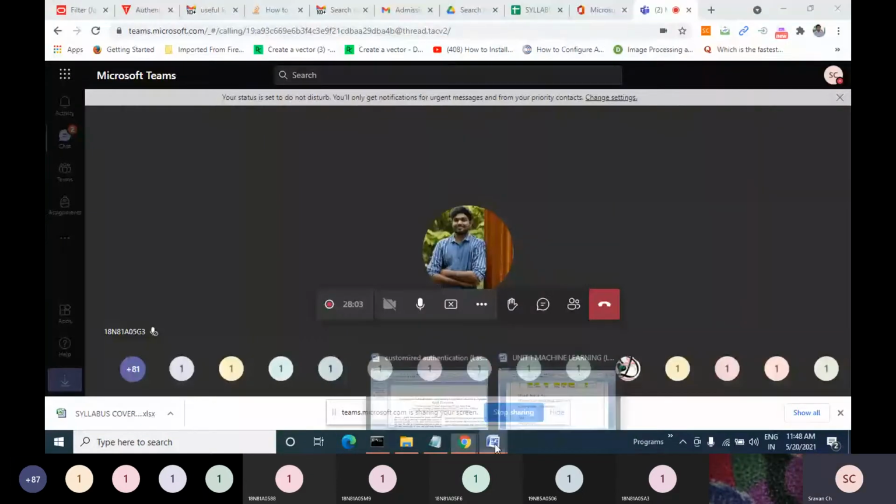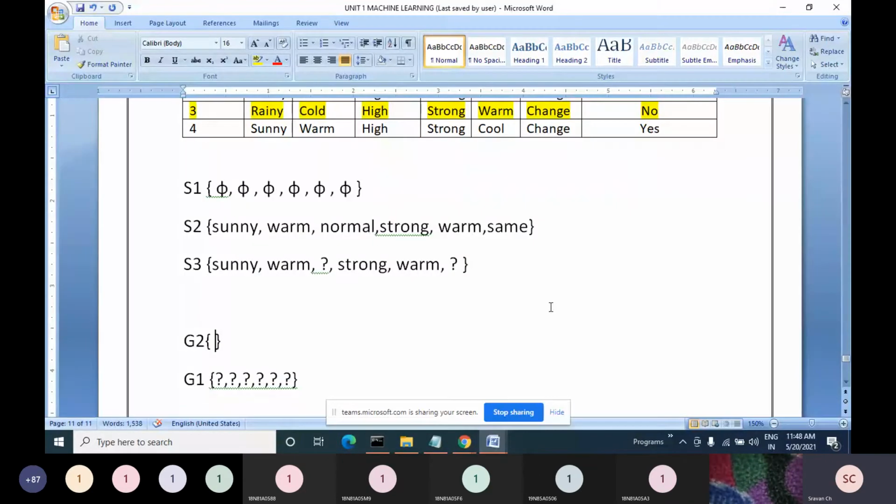To update my most generic hypothesis, I need to compare my negative example with my most specific hypothesis. What is my most specific hypothesis? S3, the updated one. I need to compare this S3 with this negative example, and based on that comparison, the G2